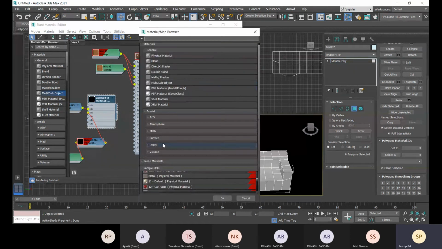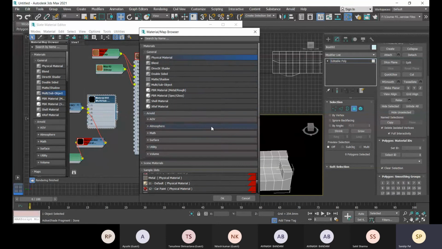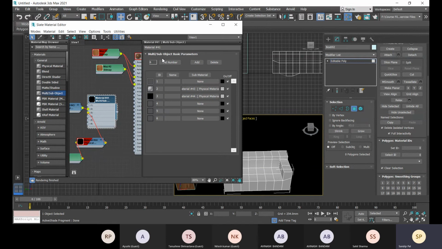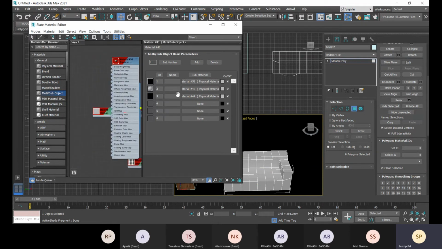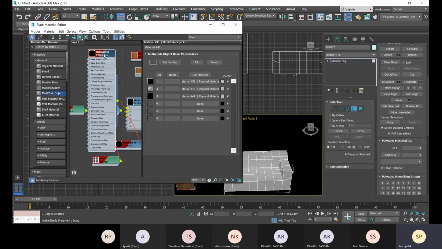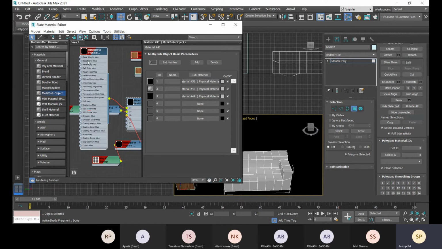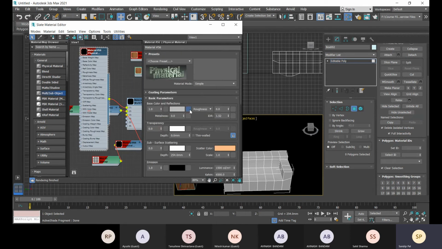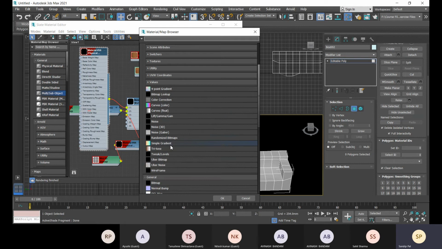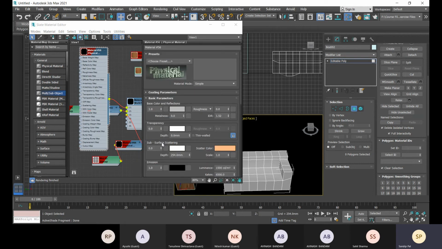Go to this none option and go to this physical material, drag or double click. Now go to this base color map. From here also you can specify, that is bitmap.